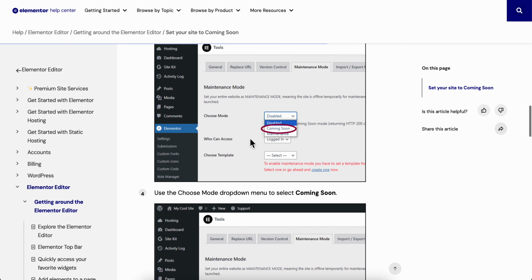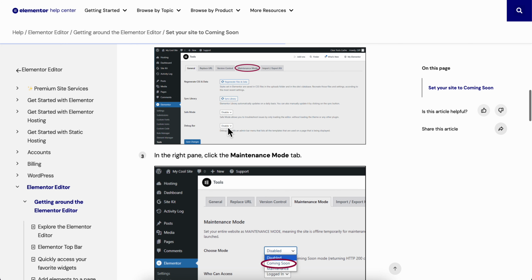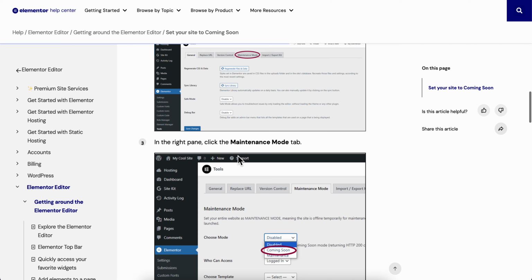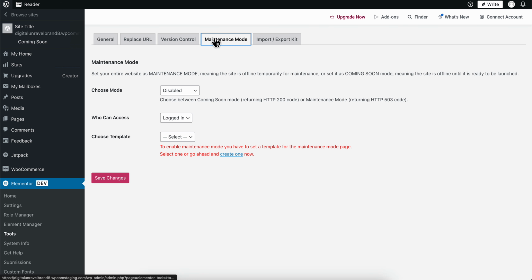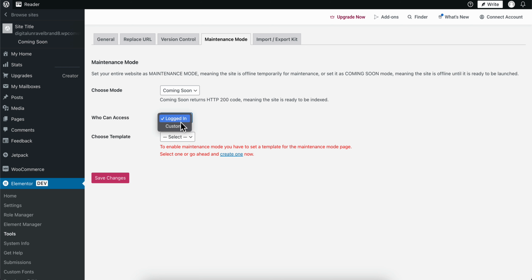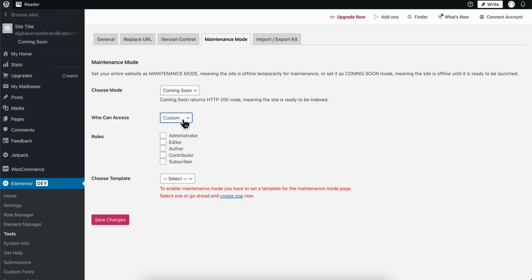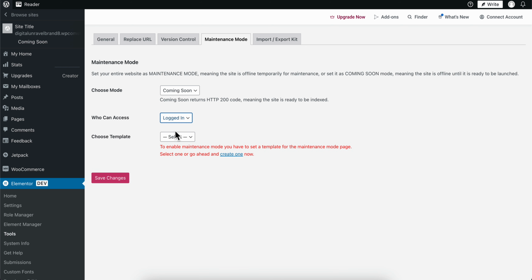section here. So you're gonna have to go to tools, so Elementor, and then you're gonna have to go to maintenance mode. So let's go to tools here, and then go to maintenance, and then here you're gonna have to choose coming soon, and then here you can simply enter who can access this, and as you can see you can choose a template for this, and then simply click on save changes, and basically that's all you have to